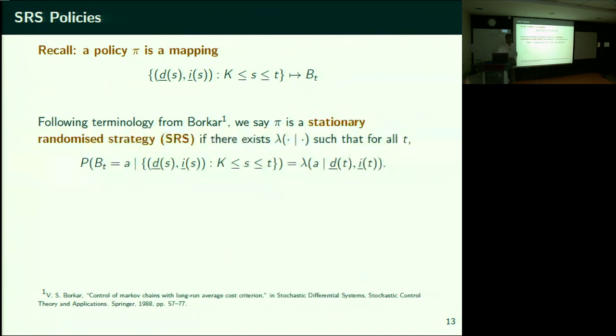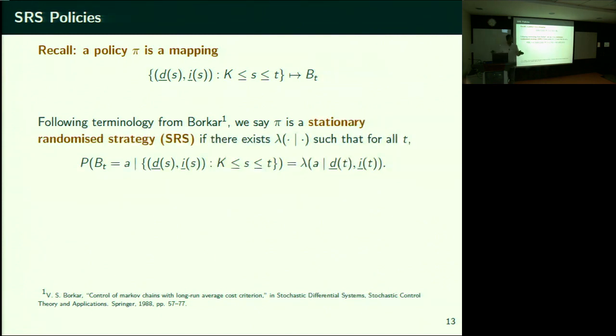Basic question: if you're assuming the Markovian property, do you need to know the history of BTs or just the current state? I'm saying it's a controlled Markov chain. It's not a Markov chain per se. So DT plus 1 and IT plus 1 at any time may not depend only on DT and IT.